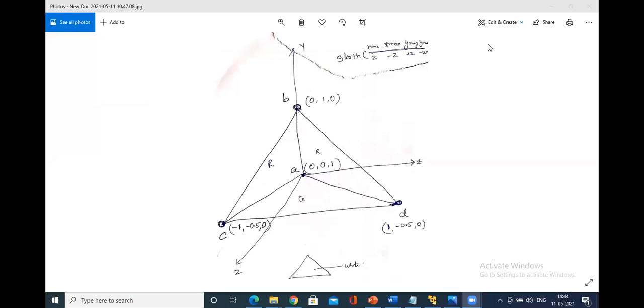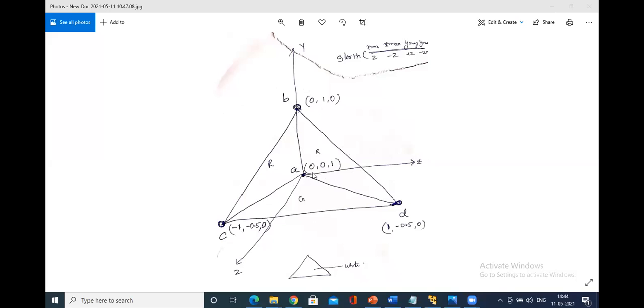I was explaining this glOrtho. The top view is 0, 0, 1: x-axis 0, y-axis 0, it is the nearby point. Similarly, for this one, the x-axis is 0 and the y-axis is 1. For the z-axis, all these C, D, B are the far points. Far points will be treated as 0, 0, 0, and the nearby point is treated as 1.